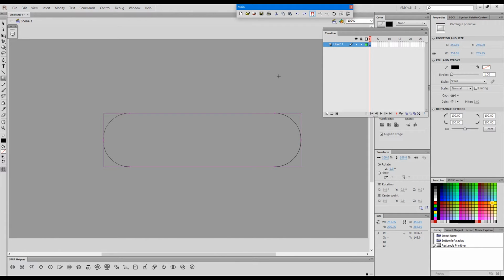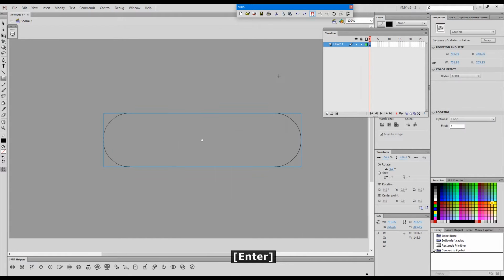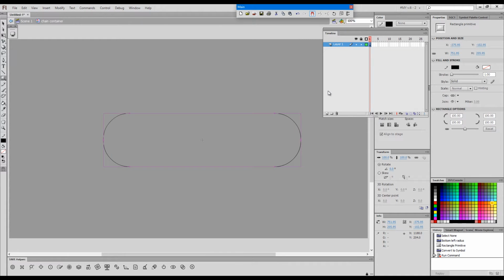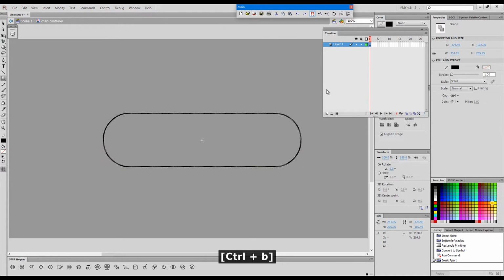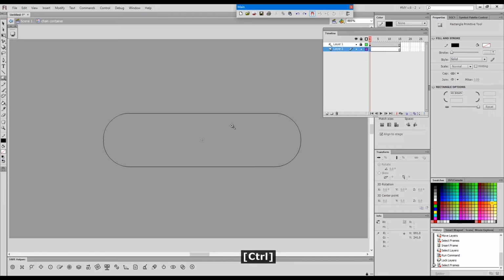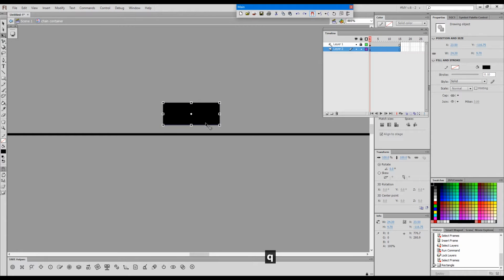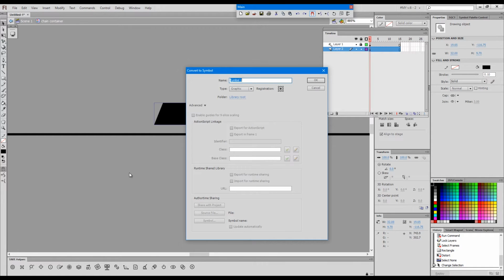I will convert this to a symbol and this will be our chain container. I'll go inside this container, I'll break this apart and we'll use this as a guide layer. And then somewhere here I'll create the chain element just out of a rectangular piece. I'll convert this to a symbol, call it chain bit,